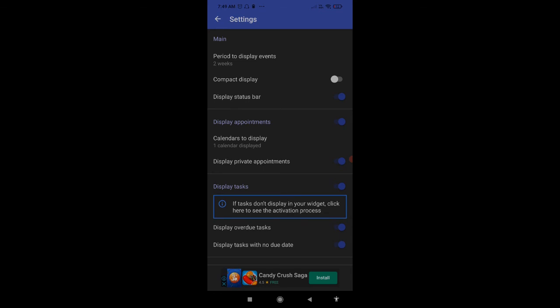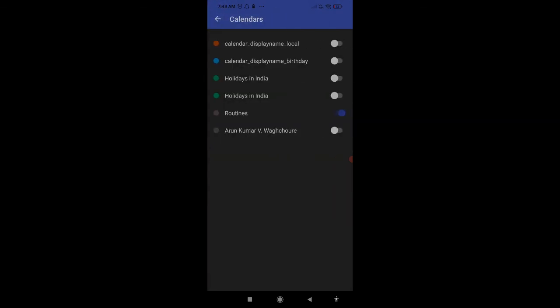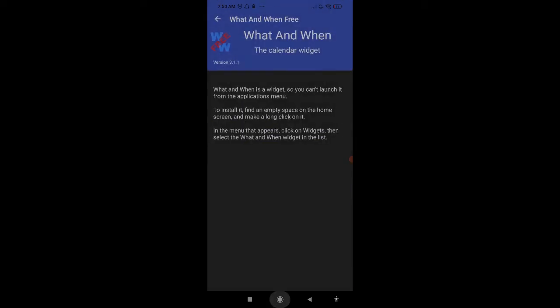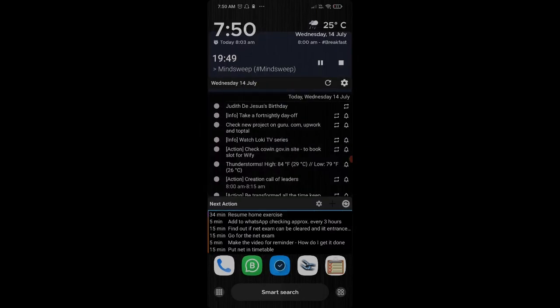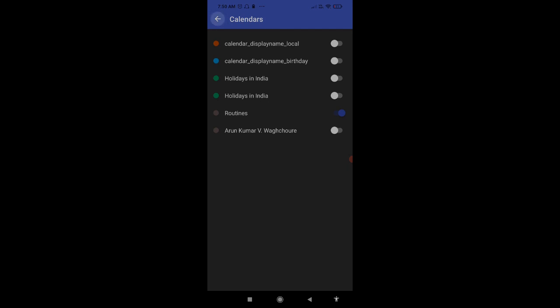This app calendar schedule that you see. How did I get it? From where did I get it? So this is again from the What and When Free. So this I got it.